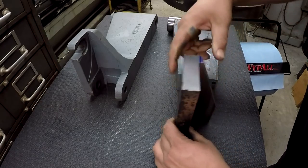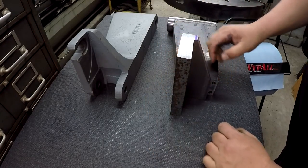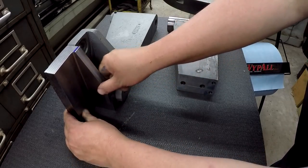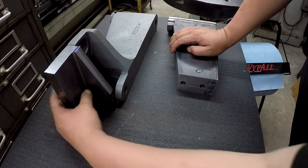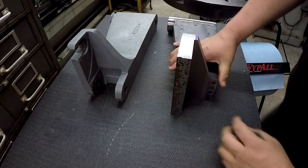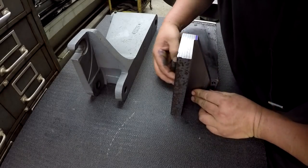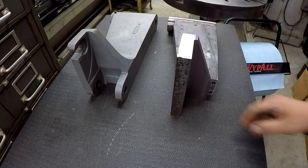So here's the part that I just milled, and it's going to fit there just like so. There it kind of is, in relation to what's there. So this will go there, it'll be flush. Be flush with the bottom. And then right here,